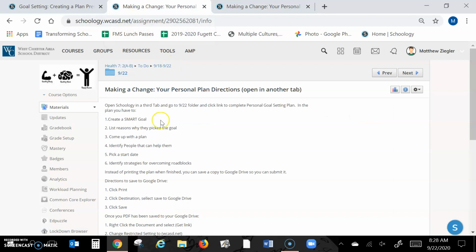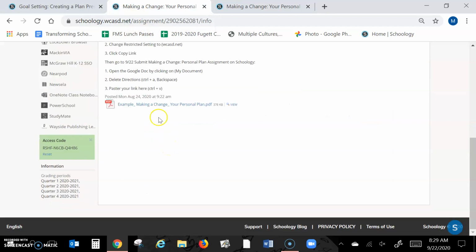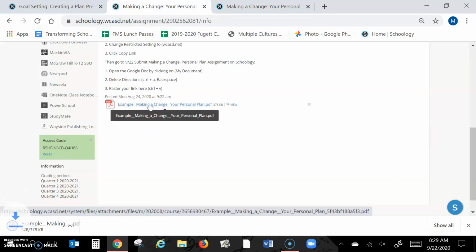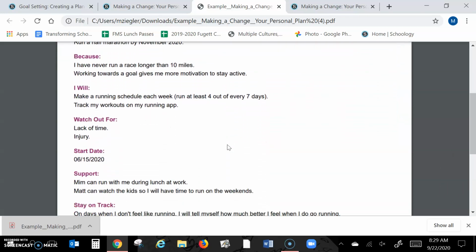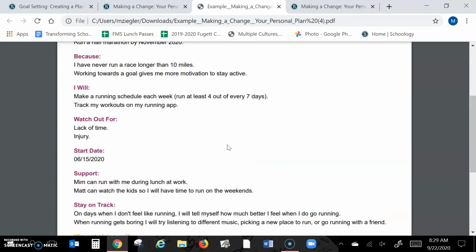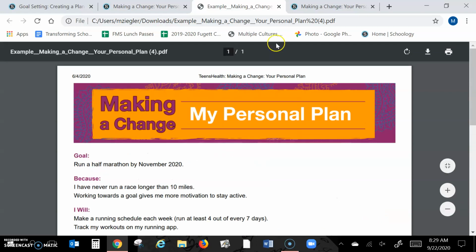Yours should, if you were following through with all the directions, if you look down at the bottom, yours should actually look more like this. This was just to make the video shorter. But as you can see, my student made an example of this. So you can see that yours should look closer to this with actual writing, not just one number.